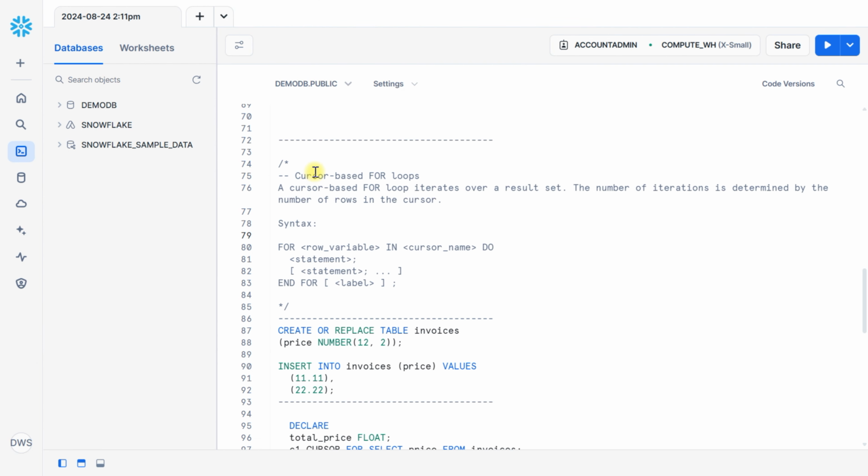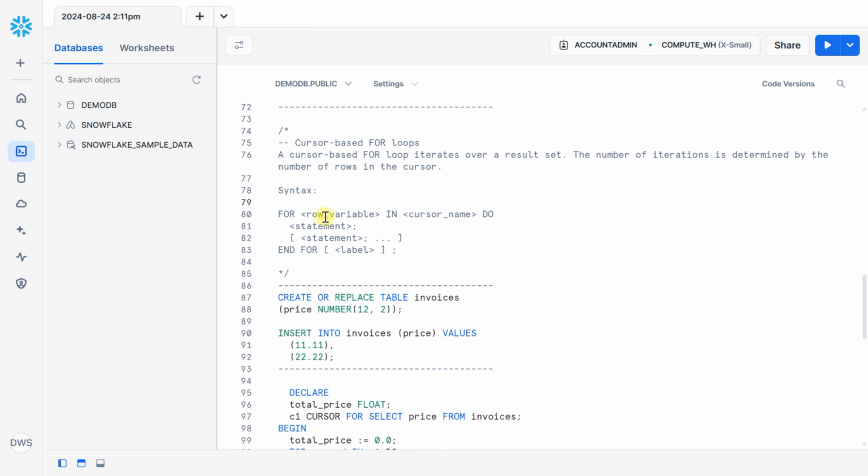Now the next for loop is the cursor based for loop. A cursor based for loop iterates over a result set. The number of iterations is determined by the number of rows in a cursor. The syntax of the cursor based for loop is very simple: for loop, then iterator variable, then in keyword, then cursor name, then we can use here do,